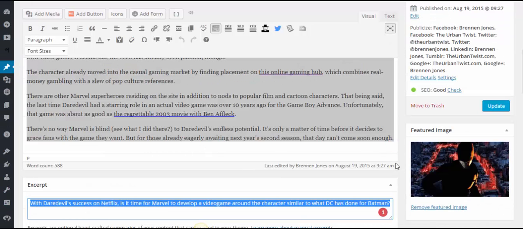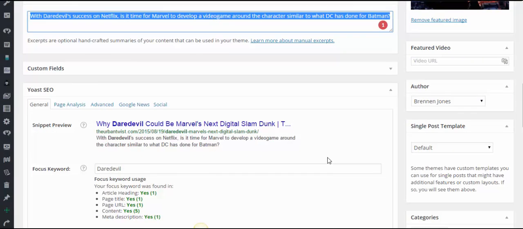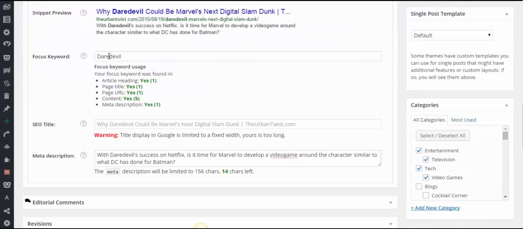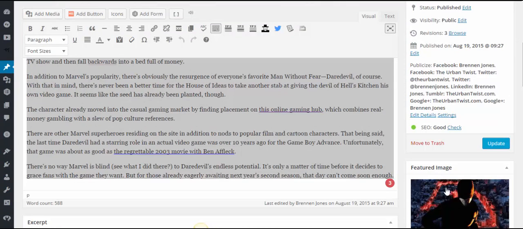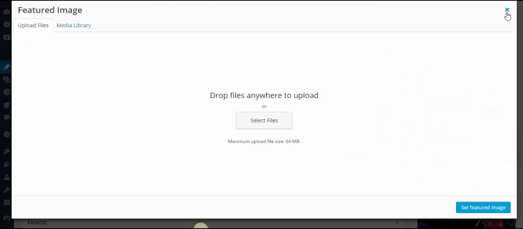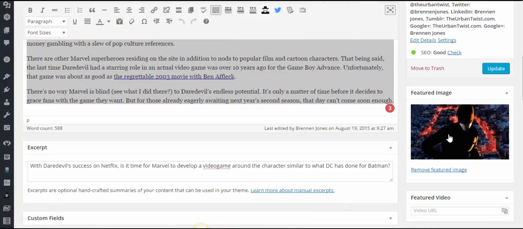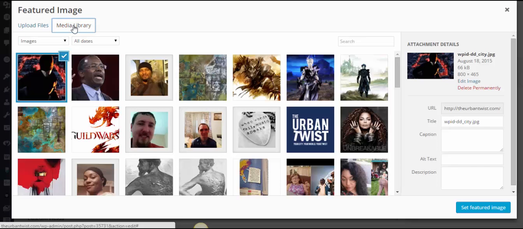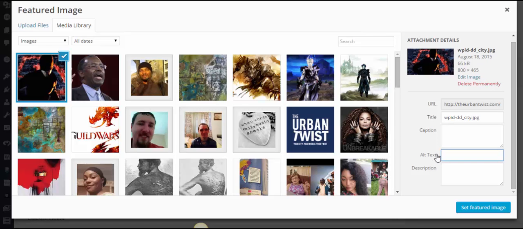And also, I'm gonna come back to the featured image, because there's one small thing that you should do to your featured image once you have the keyword in place, which is Daredevil. Once you have the keyword in place, just click on your featured image like so. Let me do that again. And you don't have to put a caption in the featured image, but the alt text,